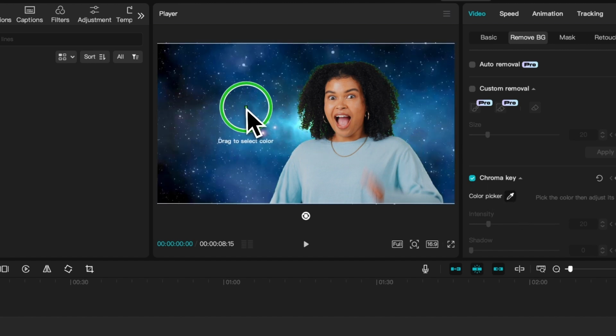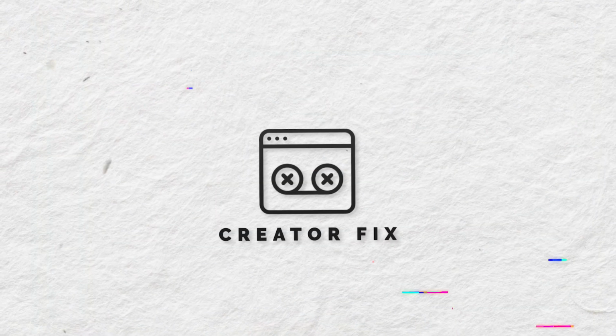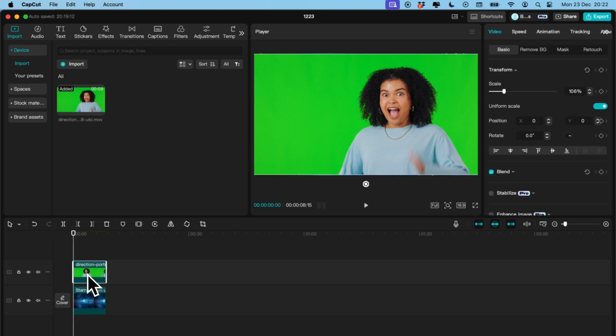How to remove green screen in CapCut. Let's get into it. With your project open in CapCut, select the clip that you want to remove the background